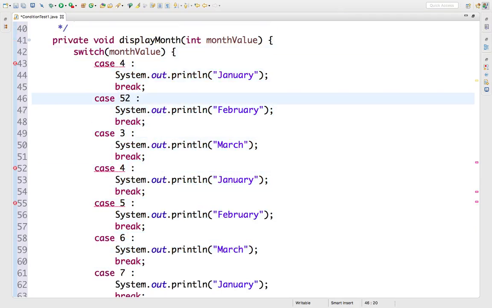This is 3, this is 2, this is 1. If it is 1, it's going to be January. If it's 2, it's February. For 3, it's March. For 4, it's going to be April,